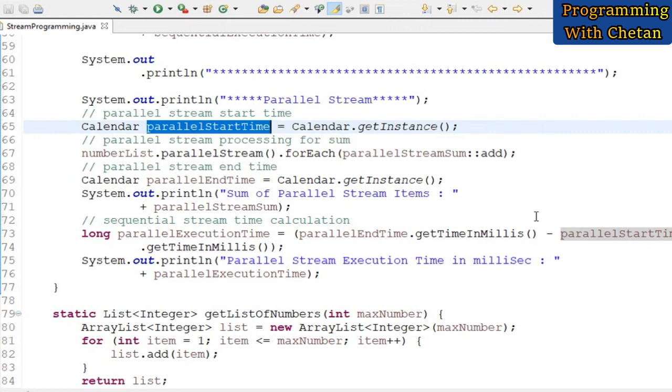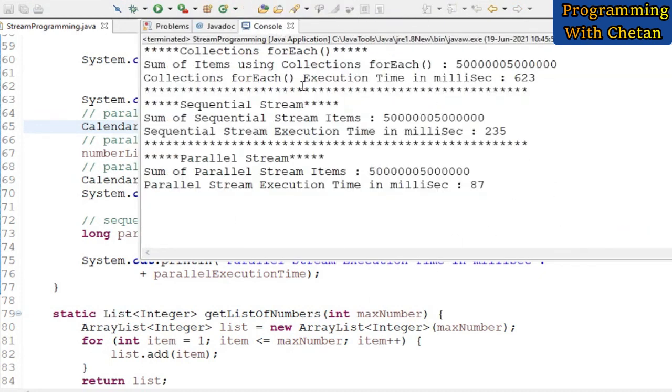So friends, now let us run our program, and we will see how much time each method has taken. I am running our program first, and let us see how much time each iteration is taking. First, you can see that the sum which we calculated for 10 million items is equal in all three cases. Now the most important thing is the execution time taken by each iteration.